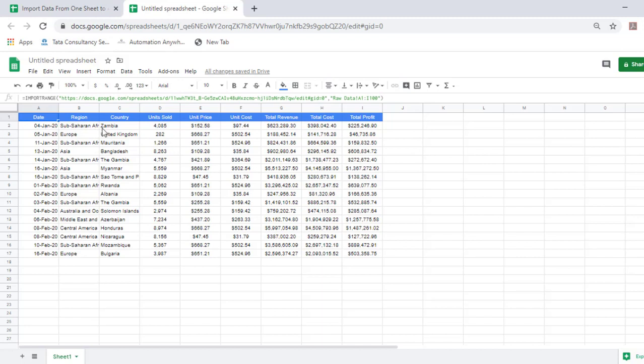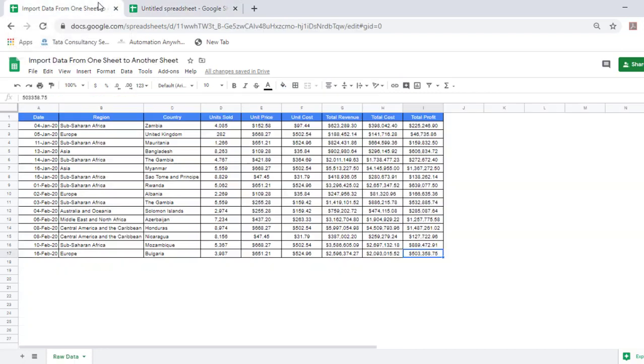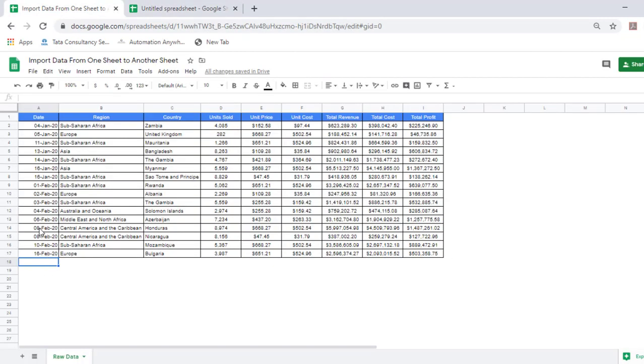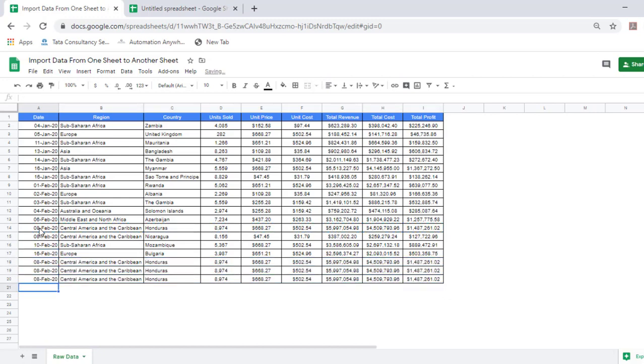As I told you, I have given the range from A1 to I100. Why I give this range is, suppose the data is updated in this sheet, the same data will also update in this particular sheet automatically. How that works is, let me copy this particular data, then I will paste it here, here, here and here. So I repeated it as a